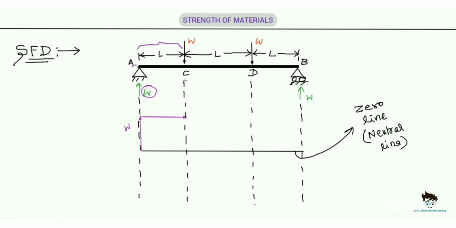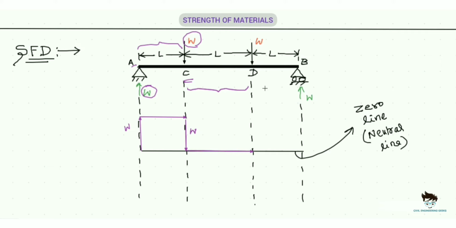Now at point C, we have a load of W which is acting in the downward direction. So the shear force line will now fall for a magnitude of W, and since it has been raised only till the magnitude of W, the shear force line will meet the zero line at the point C. Great. From here, we can see that there is no load or force acting between point C and point D. Therefore, shear force line will remain in the zero line.